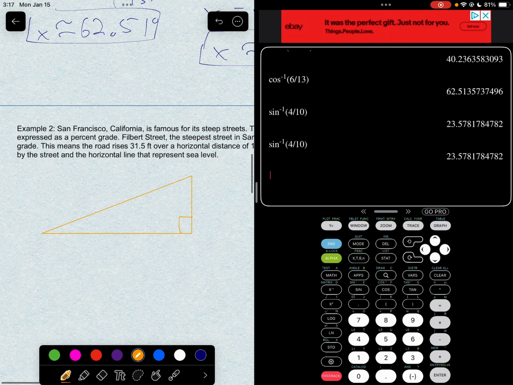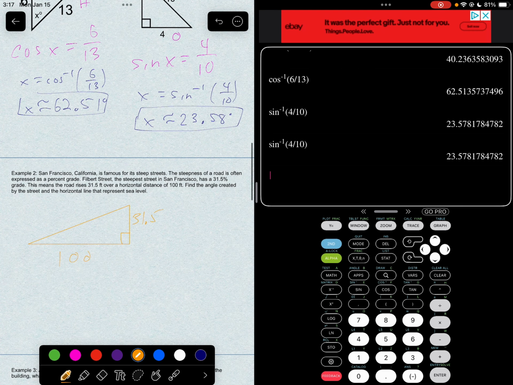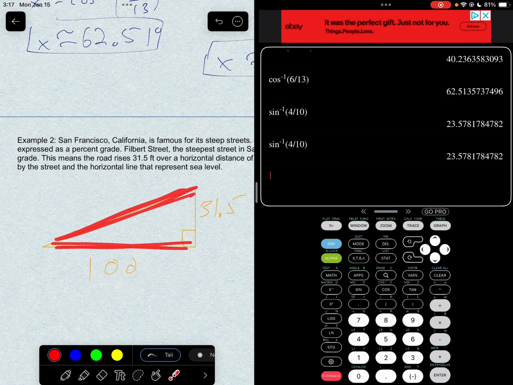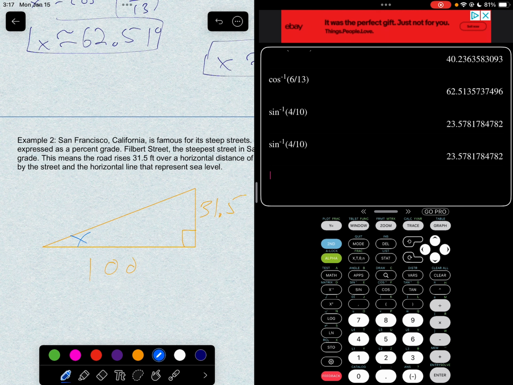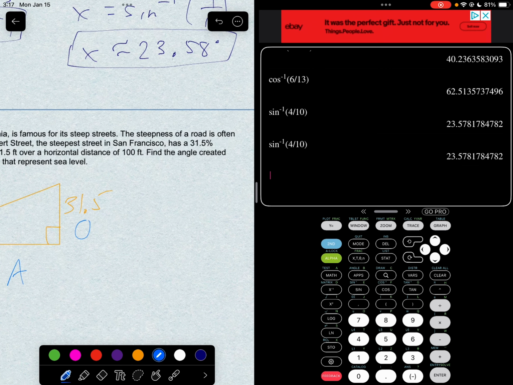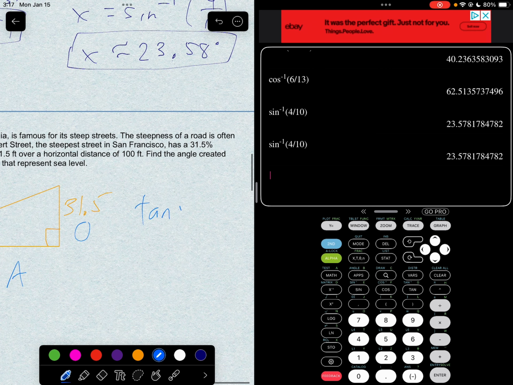So the road rises 31.5 feet over a horizontal distance of 100 feet. And we want to know the angle created by the street and the horizontal line. Here's the street. Here's the horizontal line. The angle we're looking for is right there. So this is opposite and adjacent, which is TOA. So we're going to go tangent of x equals